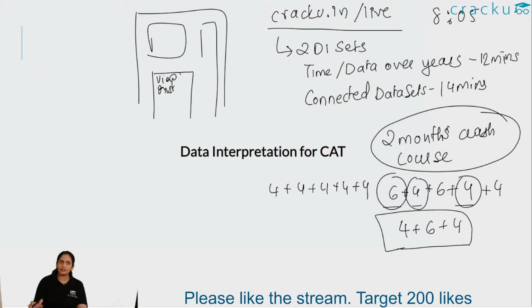So if that happens, then your job is easier. If that doesn't happen, still I would say go for 4 plus 6 plus 4. So that should be your idea going into CAT. Okay, so let us